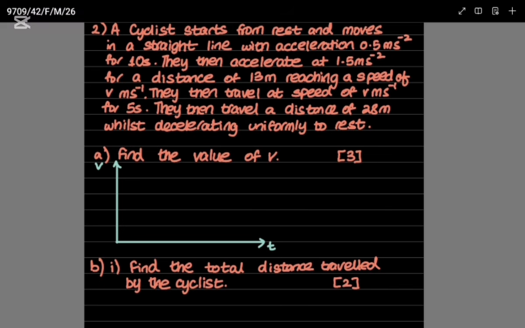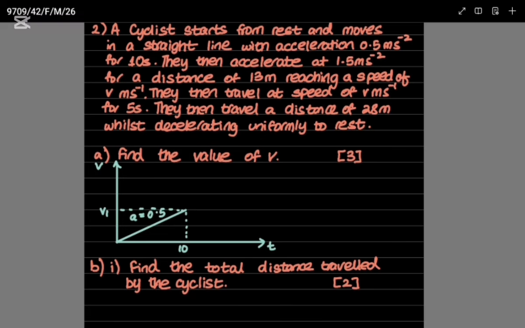Now let's read it. Let's skim through it and take the main points. It starts from rest, moves in a straight line with acceleration 0.5 for 10 seconds. Basically it accelerates. The acceleration is 0.5 meter per second squared. The time taken was 10 seconds, and the final velocity, they never mentioned it, so let's just give it a name, v1. Now the next phase, they then accelerate at 1.5 for a distance of 13 meters, reaching a